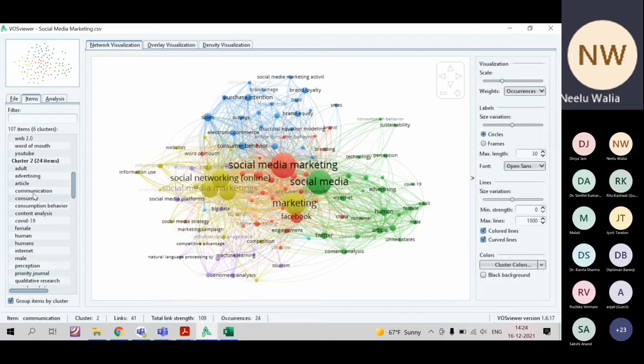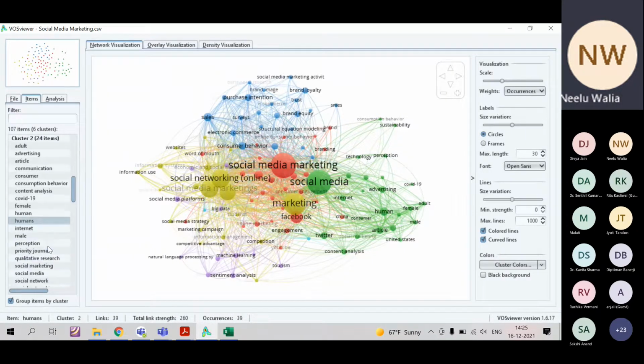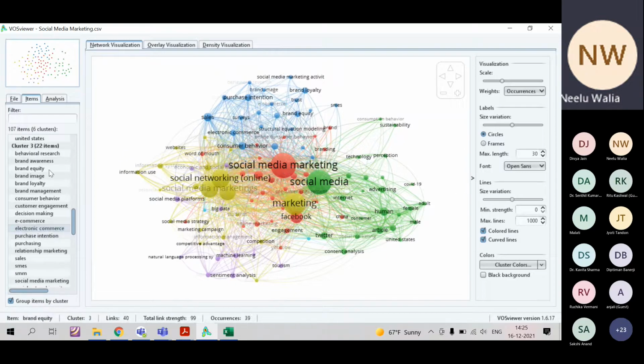So we can give advertising or online advertising as a theme or a name that will represent all these keywords. And similarly for the third, we can go for brand awareness, equity, image, loyalty, intention. So we can give brand loyalty as a theme for this cluster 3.